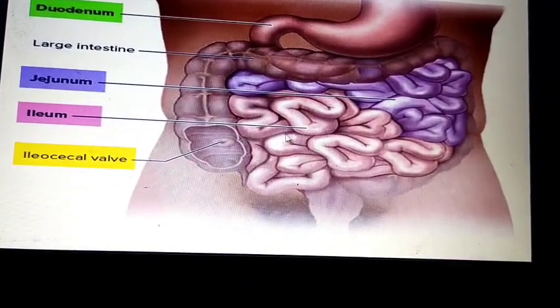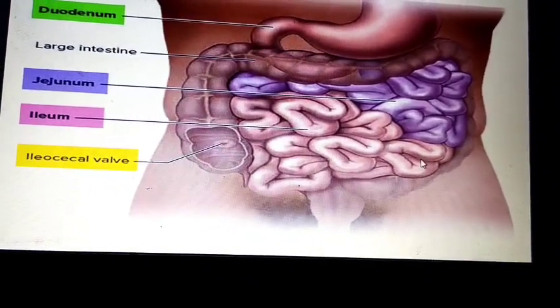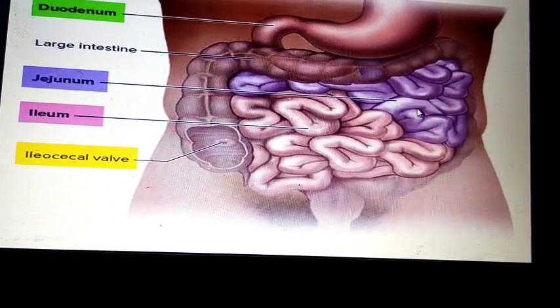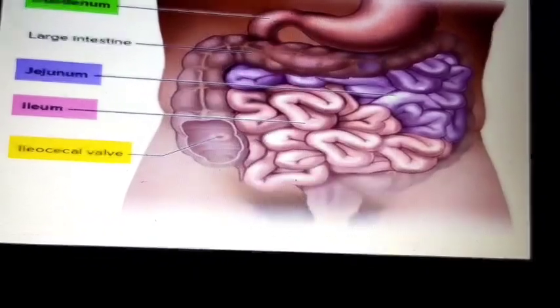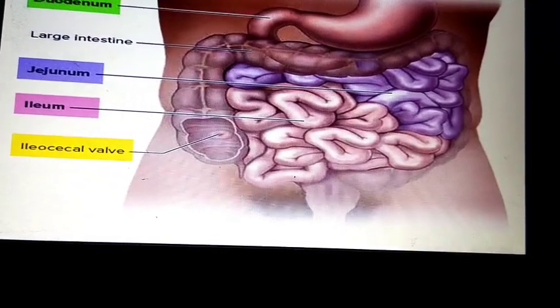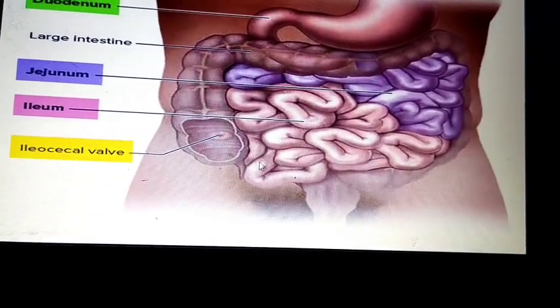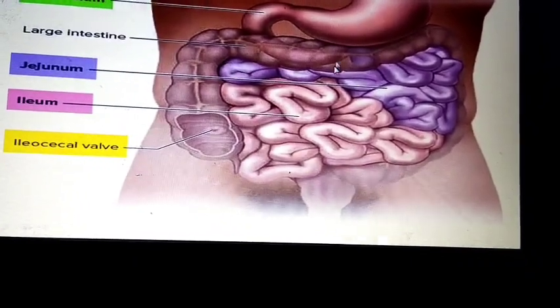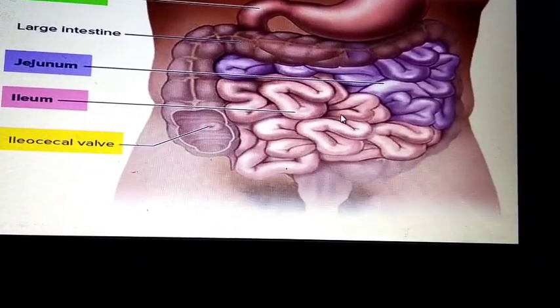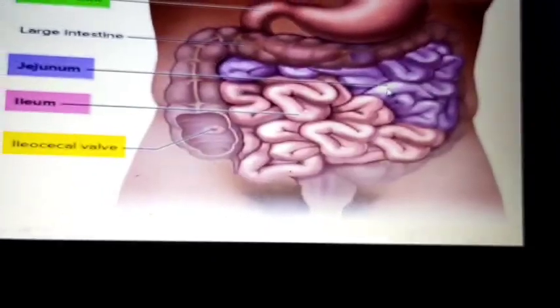In general, we can say the jejunum is located at the upper left of the abdomen, and the ileum at the lower right of the abdomen. It is the most coiled part of the GI tract.